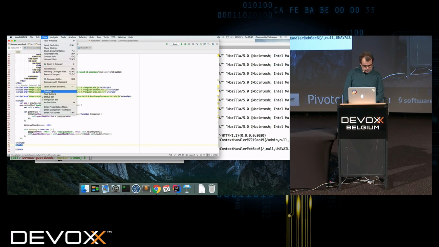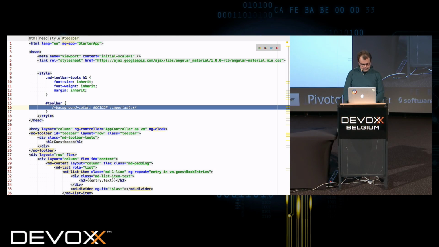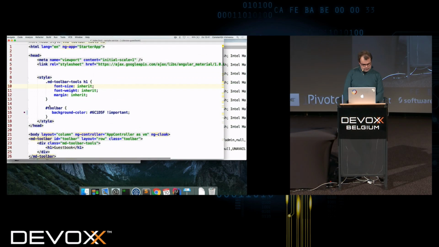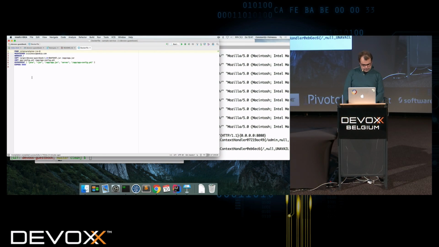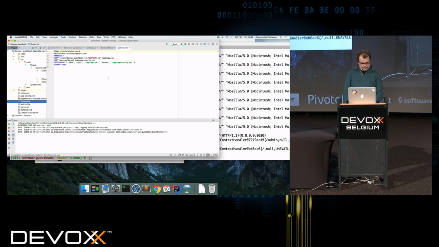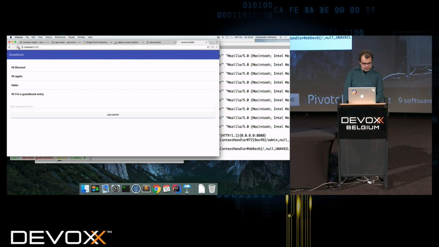So we take our local development environment. We take our code. And over here, we change the color of our toolbar. This isn't very interesting, but now I should be able to, if I run it locally from my IDE again, I should be able to see that at least locally, now my bar is purple,